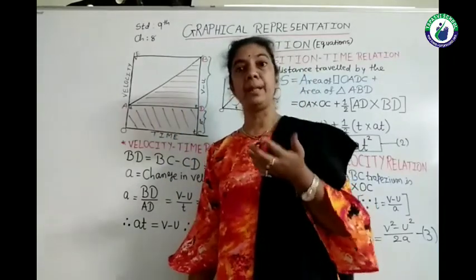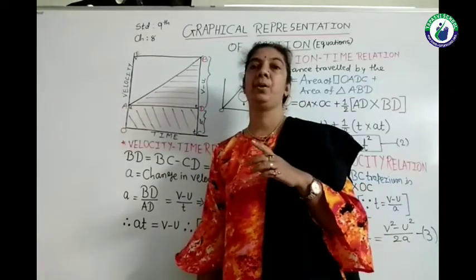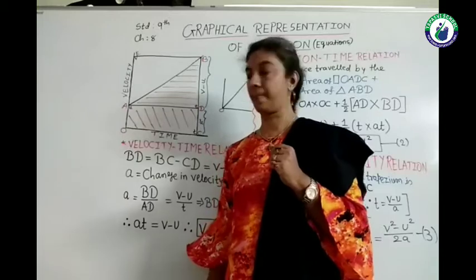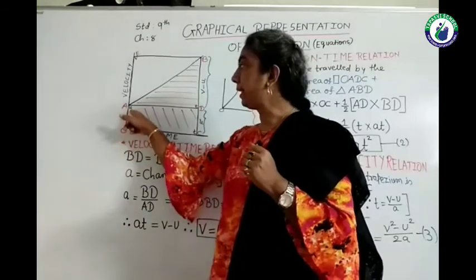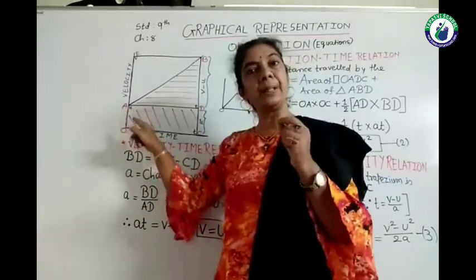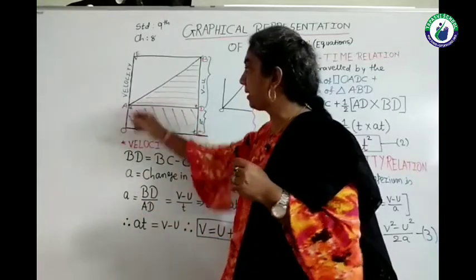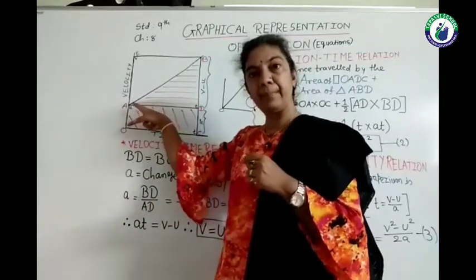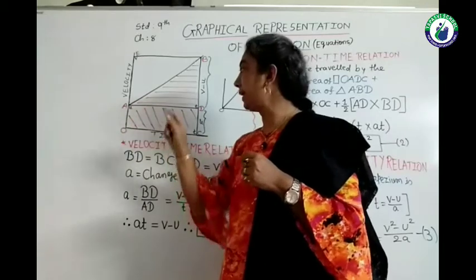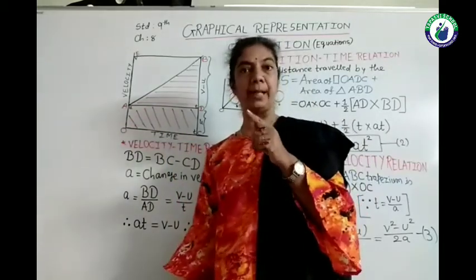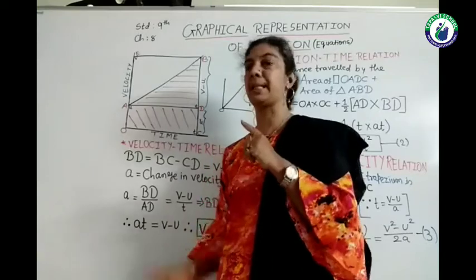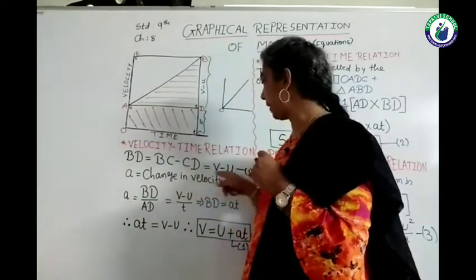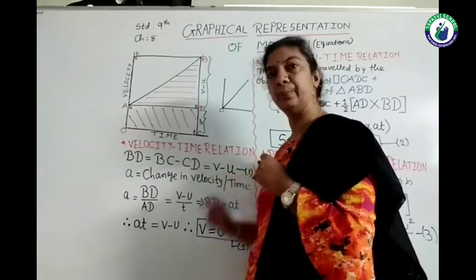With that, the quantities which we are discussing in physics: as I told, here the object has some initial velocity, that means this part CD or OA represents the initial velocity and that is symbolized as u. Here we have written CD is equal to u.